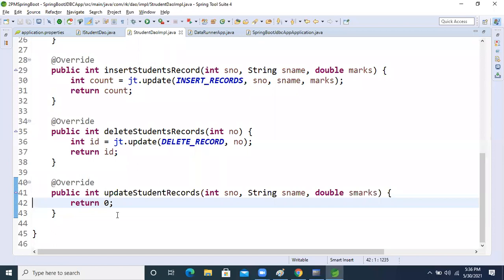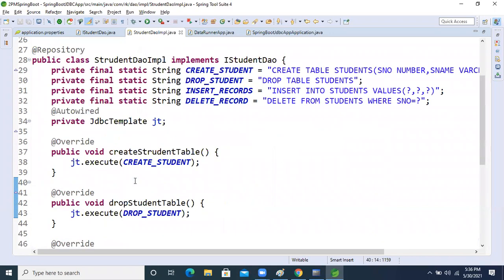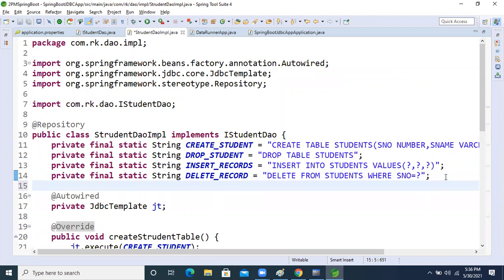Before performing this operation, what will we do now? We will write the query. Private final static String update record.